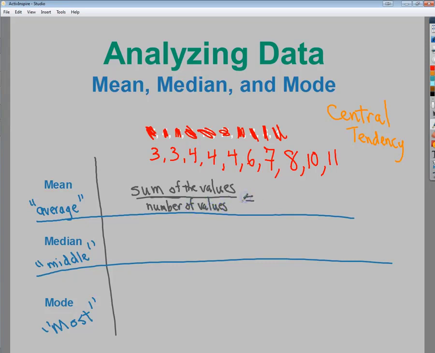So you might say something like sum over how many. That tends to be the short version of that. So if I did 3 plus 3 plus 4 plus 4 plus 4 plus 6 plus 7 plus 8